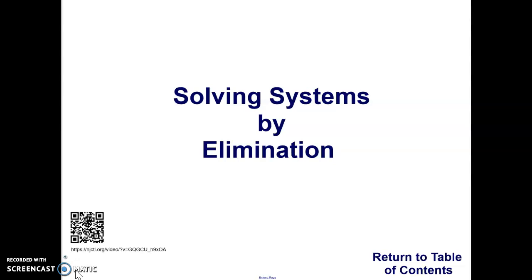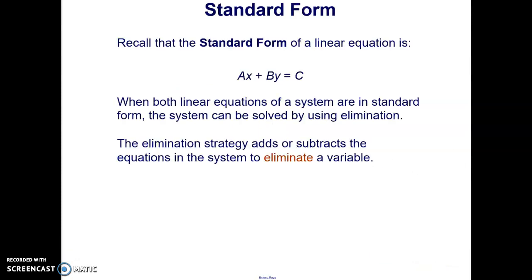So today we're learning our third method of solving systems of equations, and that is by elimination. Solving by elimination is primarily used when equations are written in standard form, which is this form where x and y are on the same side of the equation. Okay? So whenever you see an equation written in standard form, something like 4x plus 2y equals 5, right? This would be a good clue that it's time to use elimination to eliminate one of the